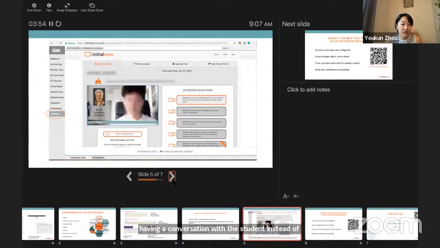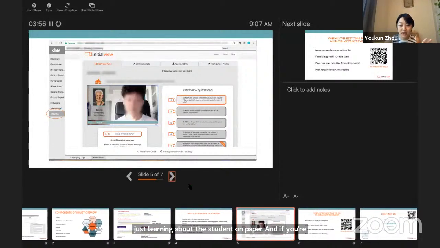And if you're curious what this all looks like from the admissions standpoint, this is sort of the admissions officer's view, on our application review platform, Slate. And usually initial view shows up as one of the tabs on the left. So you can see, there's the personal information, there's the transcript, there's the recommendation letters, and at the bottom,